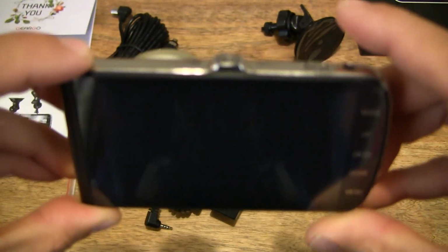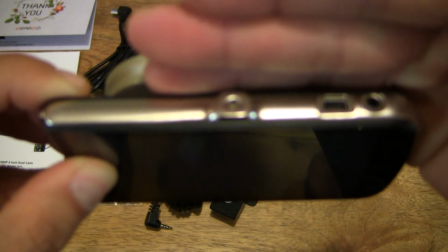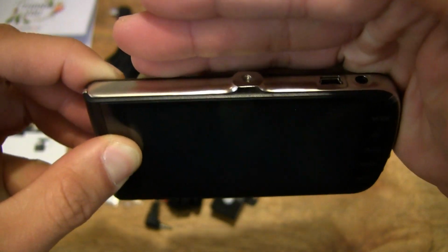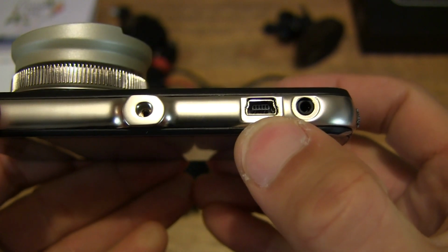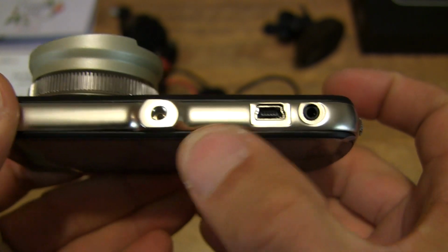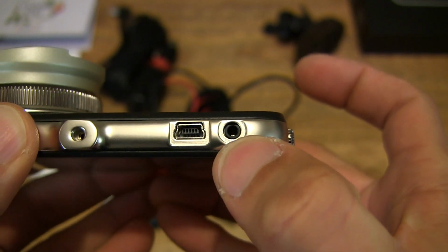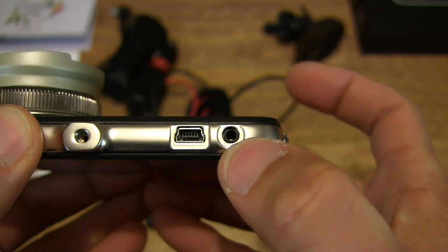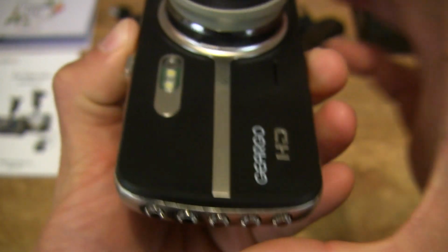at this GEARGO Dash Cam, and from the top side down as well, just so you can see the connectors and of course the screw thread. And you can see the power connector there with the mini USB port, the screw thread for mounting onto the windscreen mount, and of course this socket here appears to be the socket for connecting the rear camera. Okay, so nice good look